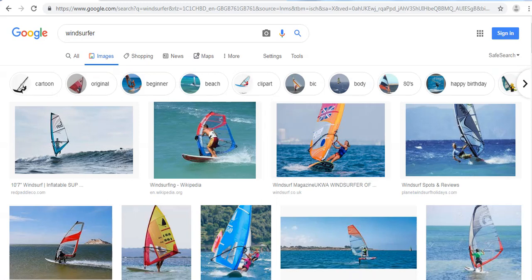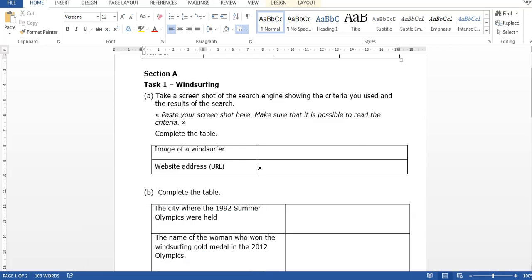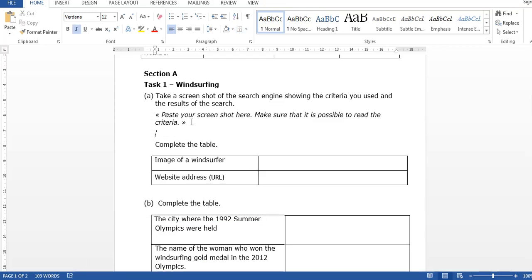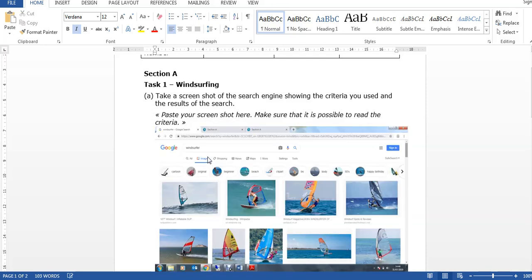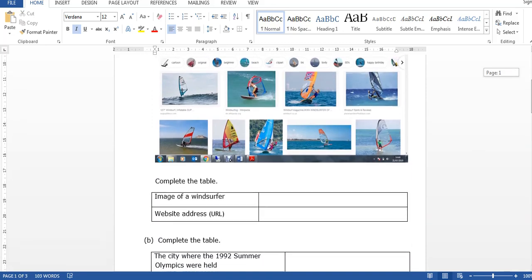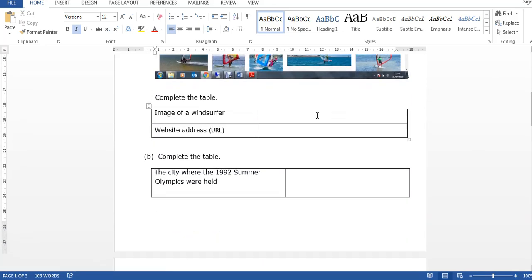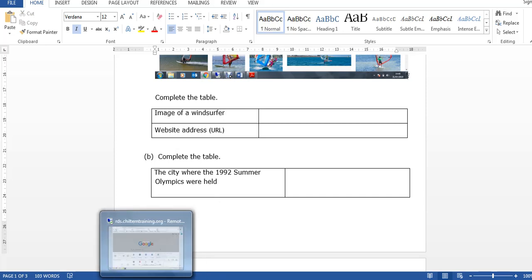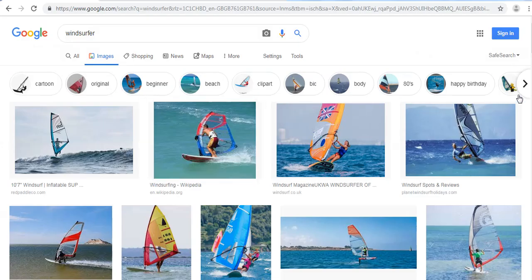So we are going to print screen this screen. And again, our screenshot goes at the top, not inside the table. And then we're asked for a single image of a windsurfer. Now this has to be a single image, not a screenshot. So we will go back to this, and we need to use